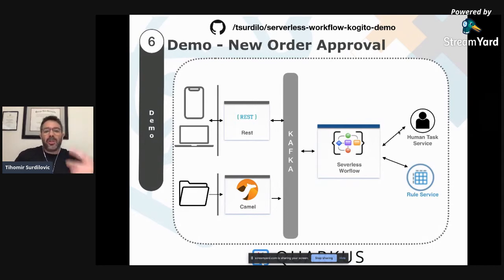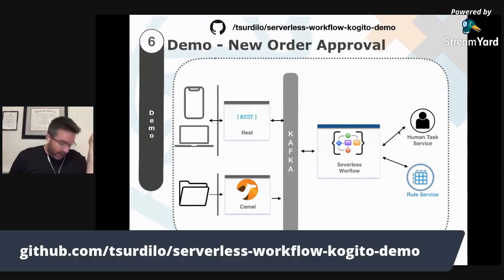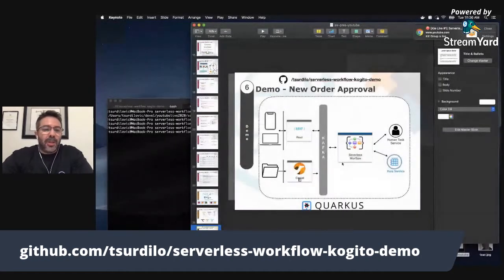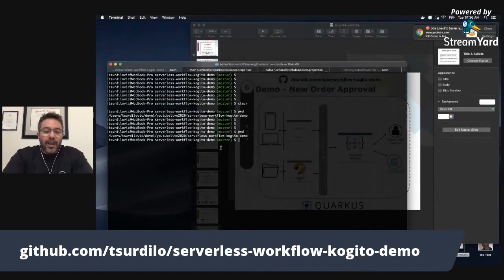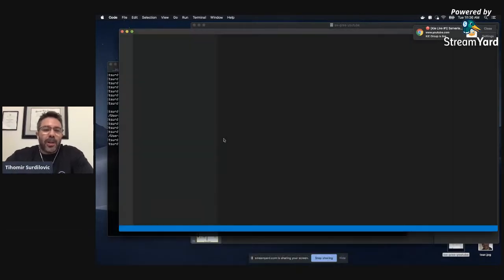This application is currently on top, you'll see the GitHub repository. One thing I can tell you right now is that I don't have a README file with a description. I haven't been able to do that, but I will add one as soon as possible to give detailed instructions on how to run it. Now, as we said, Kogito microservices can run on both Quarkus and Spring Boot. In this case, we're going to run on Quarkus. All right, so let's see if I can go back and take a look at the demo.